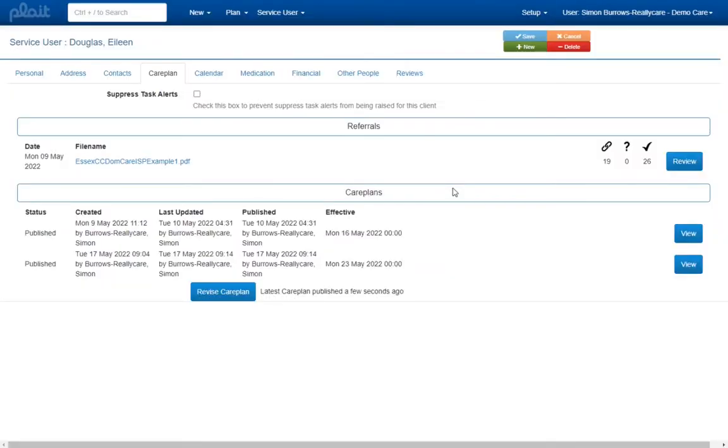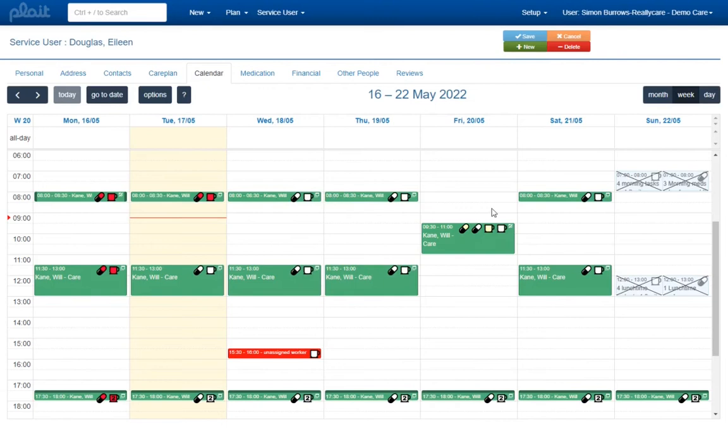The Care Plan tab will be updated to reflect that this care plan revision has now been published. A revised care plan is provided again for the next revision that might be required to Eileen's care plan. If we take a look at Eileen's lunchtime task session this Friday,